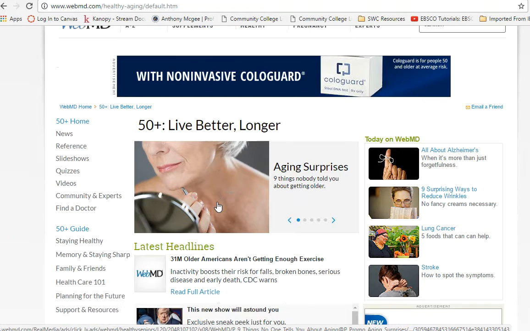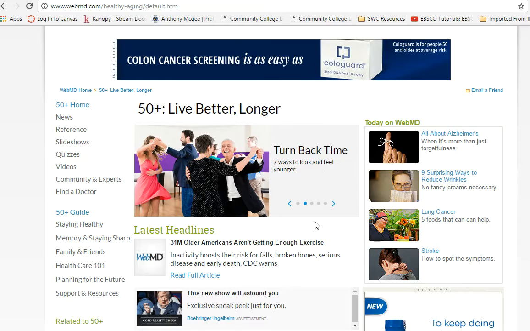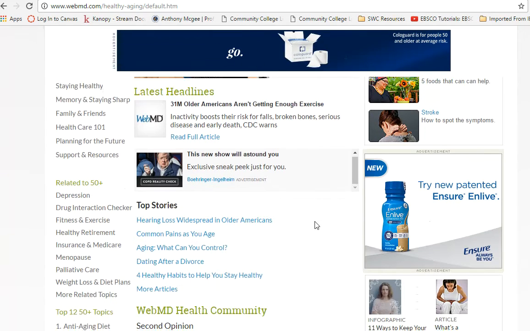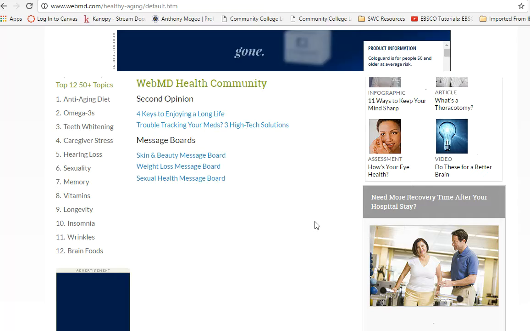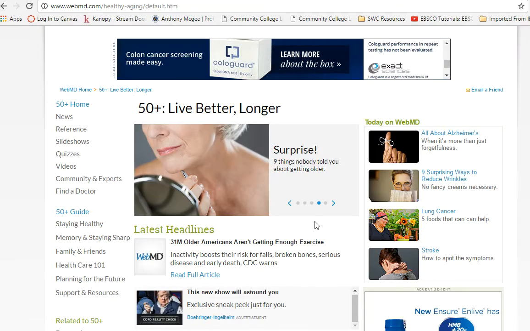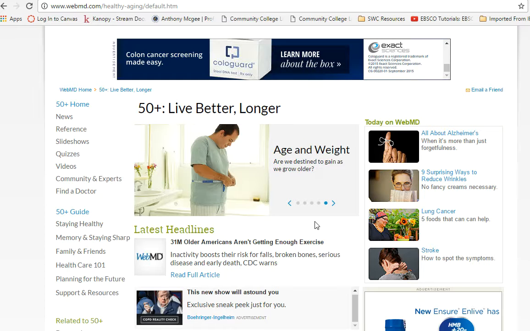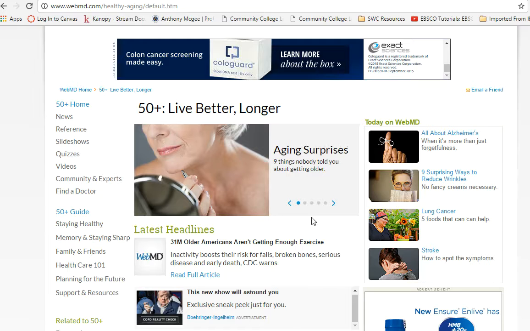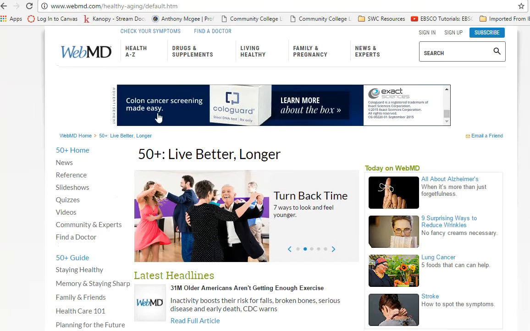Here's one on aging, 50 plus, living better, longer, and then some of the top stories and some of the sections it may cover dealing with the topic of aging. Or is it simply one article dealing with 50 plus, or does it have other articles? How much in depth does it go? But it has a wide range in sort of an A through Z format,